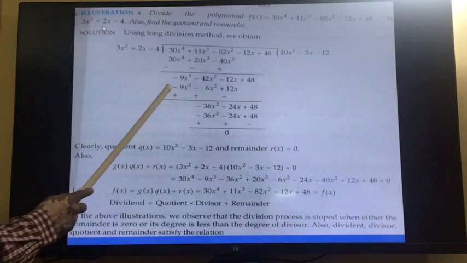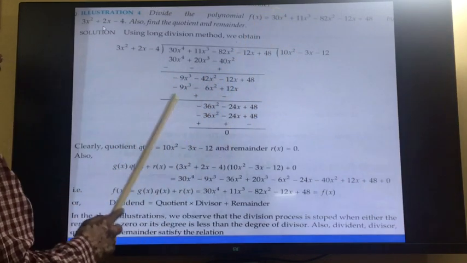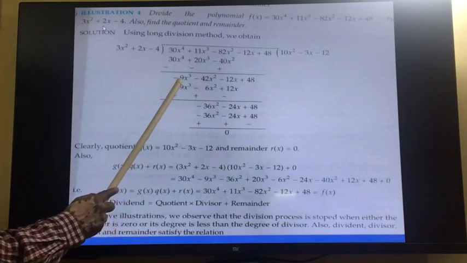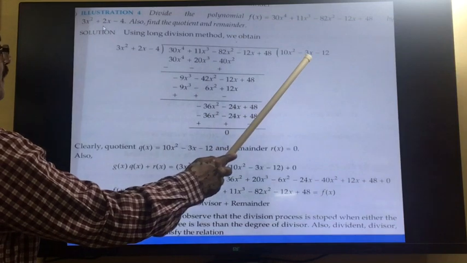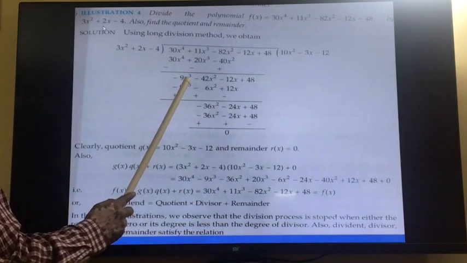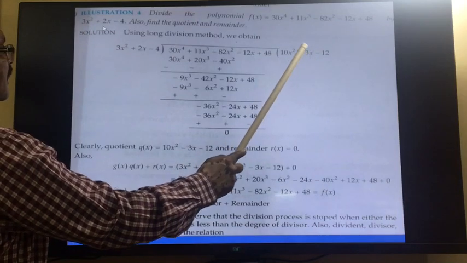Now you see what sign you want. You want the sign minus, so here you will write minus. After that you see the number you want, 9. Here the number is 3, so by which number will you multiply? So 3. So minus 3. Now you see the power here, it is 3, but here power 2. So one more power required, so we will write x. So here we will write minus 3x.